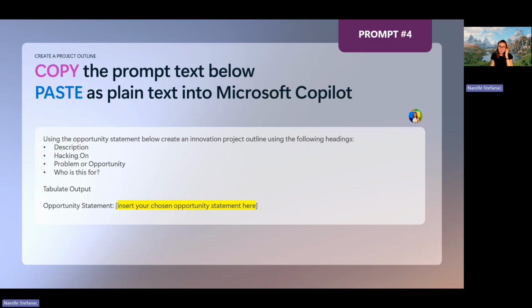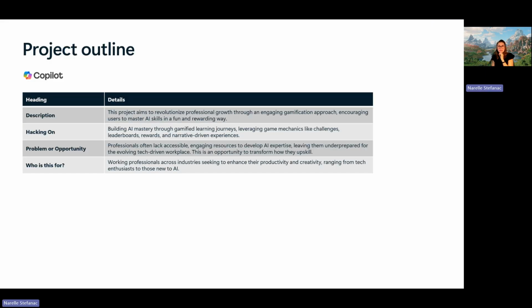So when you copy and paste this in, it will give you a result and it may look like this. Copilot's different. It'll change it up depending on what your opportunity is. You might have more columns, you might have more rows. My little tip here is if you want it to look pretty when you copy and paste it out of Copilot, really important that you actually create the table first. Right? So if they've given you a table and it has 2 columns, 5 rows, and you can see that